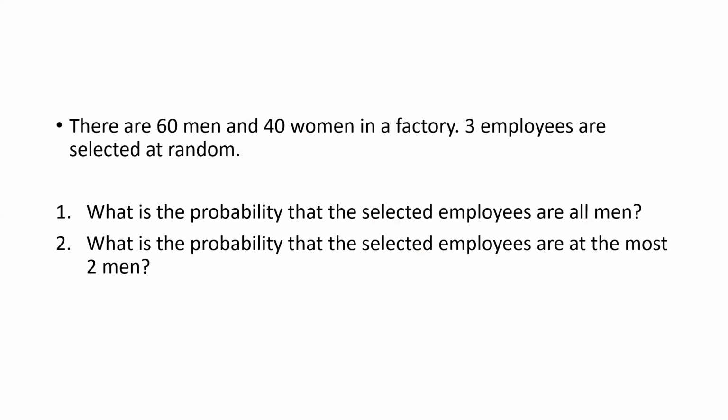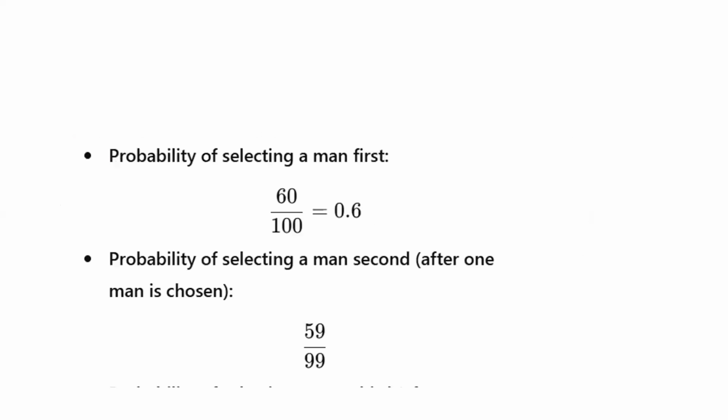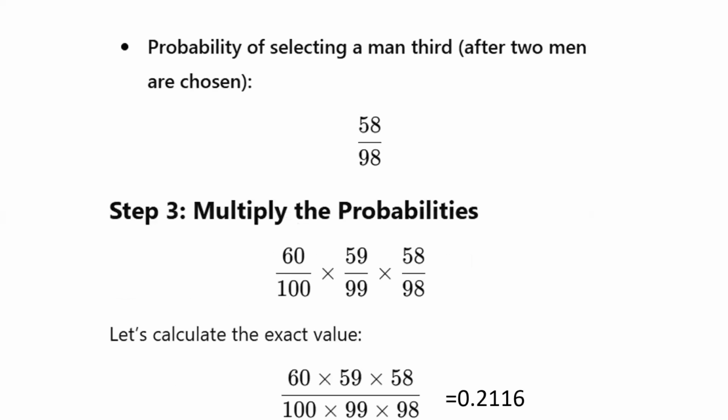60 men and 40 women are in a factory, and 3 employees are selected at random. Probability that the selected employees are all men, and the probability that the selected employees are at most 2 men. For that, selecting a man first is 60 by 100, because 60 men are there. Now one man is already selected, so we have only 59 men and 99 total. So the next man being selected is 59 by 99. The third one is 58 by 98. To get all of them to be men, you have to use the multiplication rule: 60 by 100 into 59 by 99 into 58 by 98,